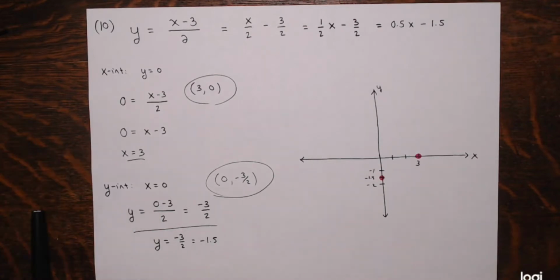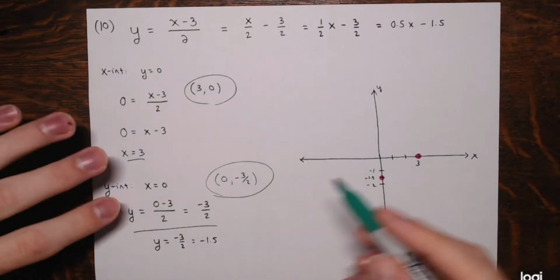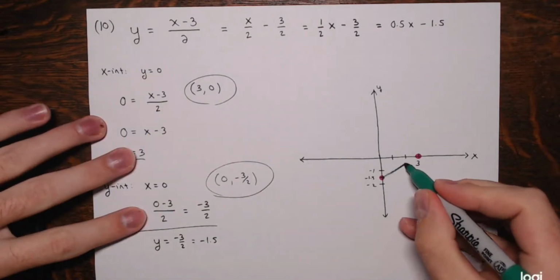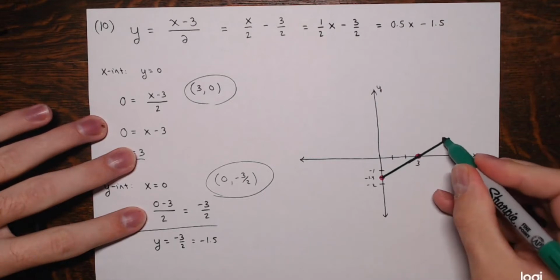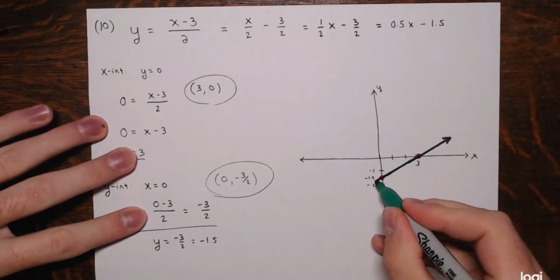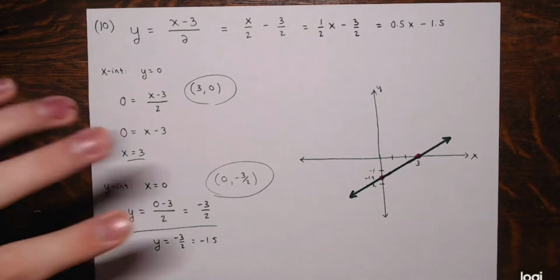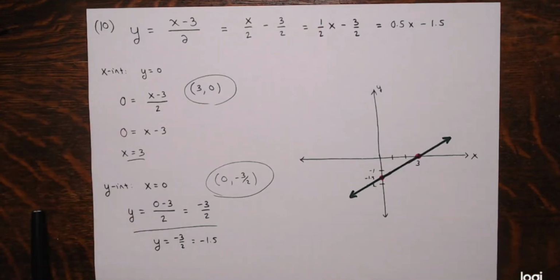And now I have the 2 points I need to be able to plot the rest of the line. Again, I recognize this as a linear equation. So the rest of the points that you find should fall on this same line with these two. And there we go. And again, I leave it to you to go to that Desmos website, some graphing calculator, whatever,